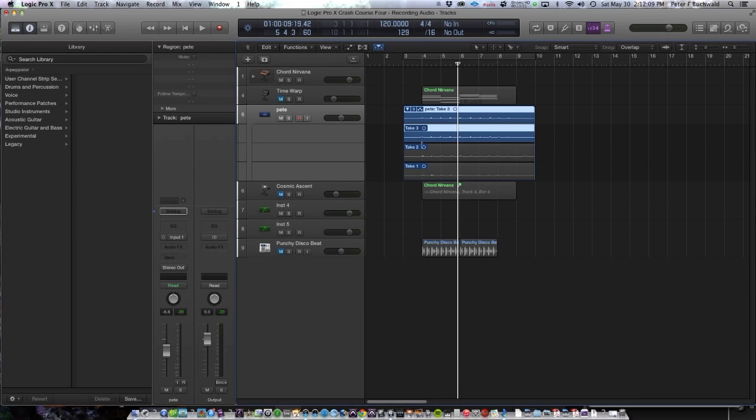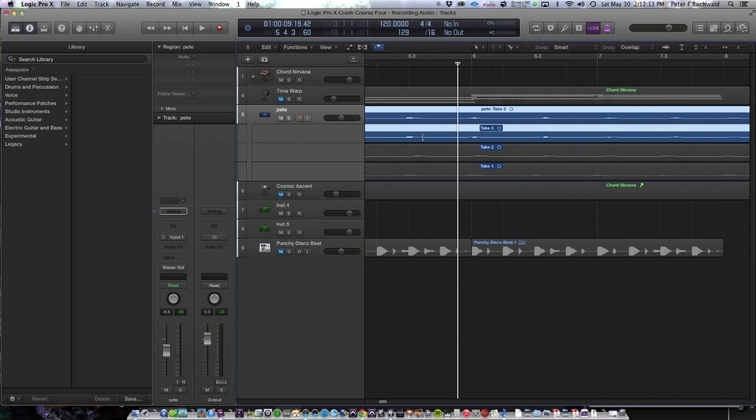Let's say I made a mistake. Let's zoom in a little bit here. Let's say in measure 6, I made a mistake. What you can do is you can go to one of the other takes. You can select it and watch what happens when I release. It gets thrown up into this comp track. You'll see down below there's 1, 2, 3 tracks,